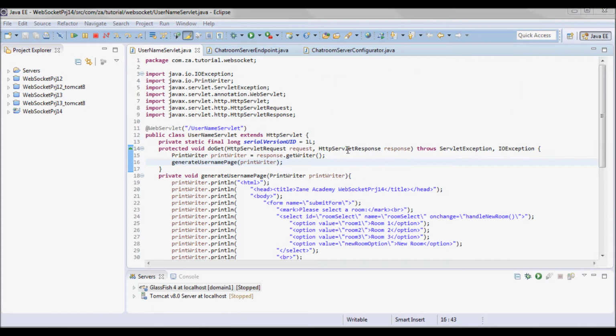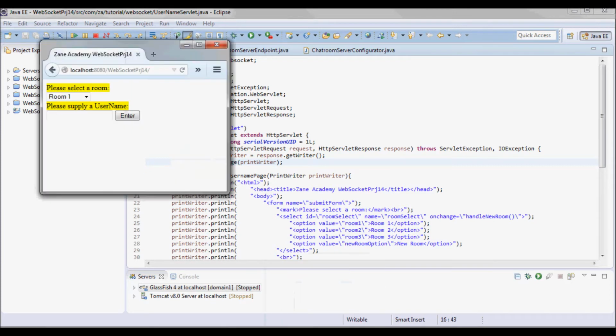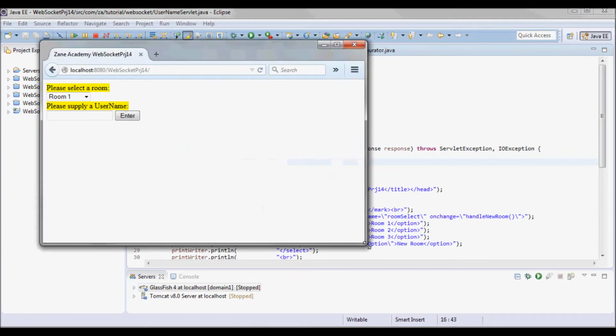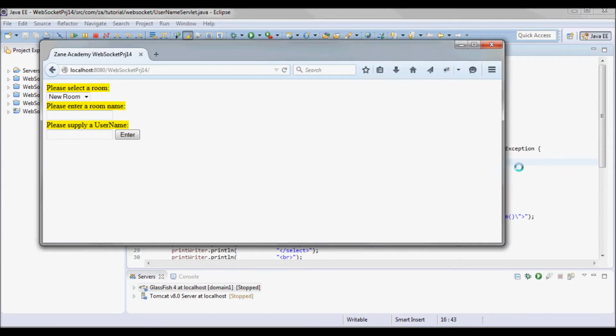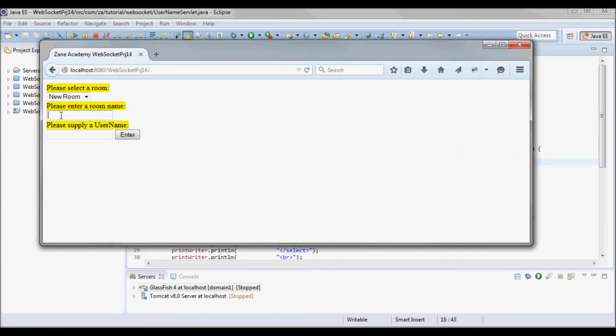Now, before continuing the coding, I have the complete application running from a different server, and I want to show what is passed back to the servlet. So let's say before, and we submit.